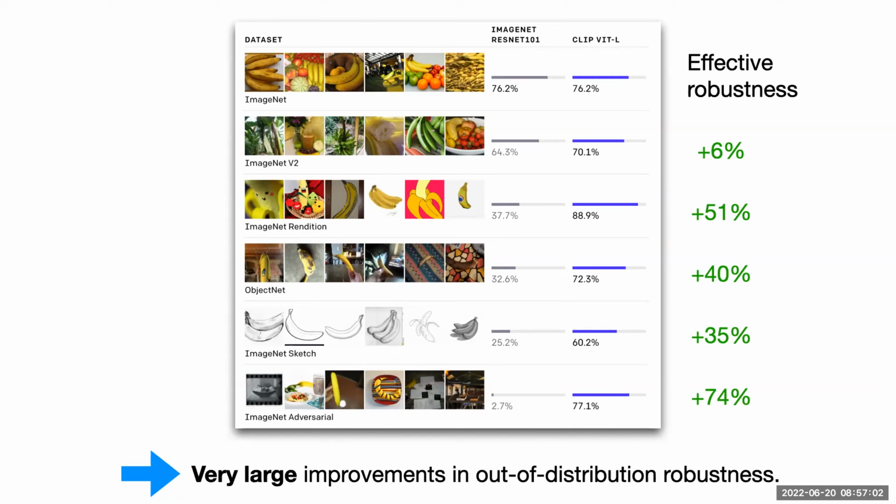I can tell you some conjectures. We haven't thoroughly verified any of them, but for instance, it could be that on average, in the ImageNet V2 test set, the size of objects could be a bit smaller. And maybe if the size of objects is smaller on average, then the models will do a little bit worse. So this would be great to figure out. Happy to tell you more about the details there.